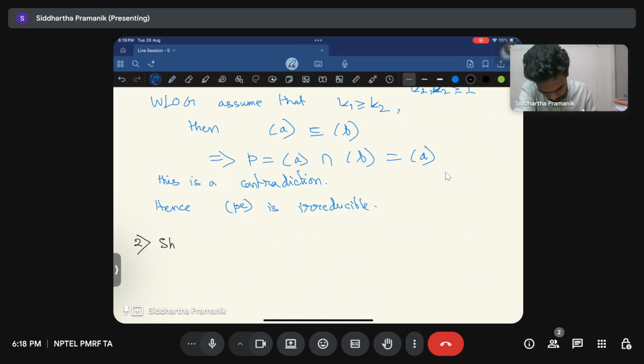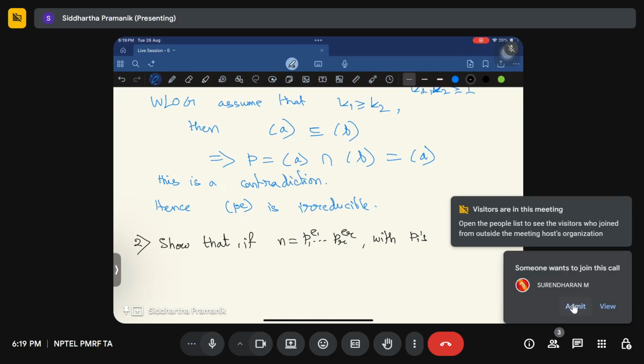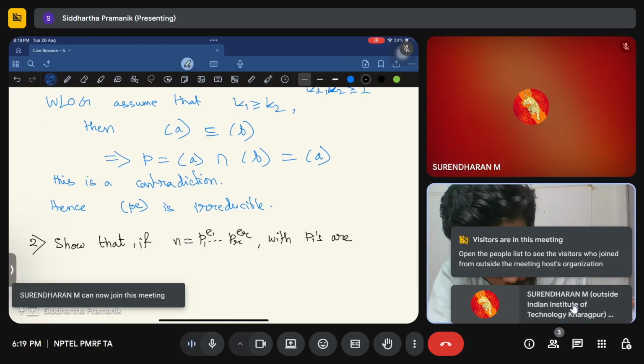So if n equals p1^e1 dot dot pr^er, with the pi's being prime numbers,